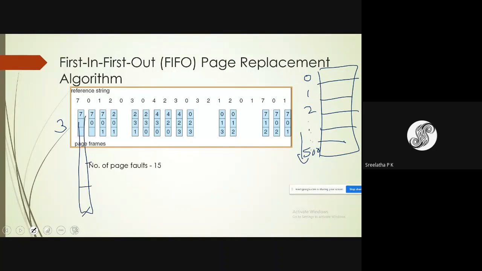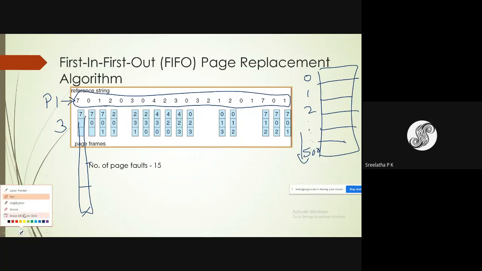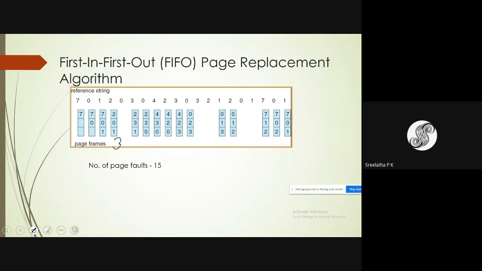We are not checking for the number of programs. This is for one program, the P1 program's reference string. So we are not seeing the concept of multi-programming here. It is the same program's pages which are referred to here. In the question, the number of free frames available in memory will be given. It will usually be 3 or 4 frames. I have not seen a question paper going beyond this. They would have mentioned free frames or empty frames.